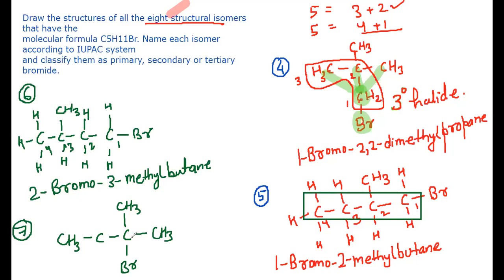This will be 2-bromo 2-methyl butane. Its name will be 2-bromo 2-methyl butane. And the 8th one,